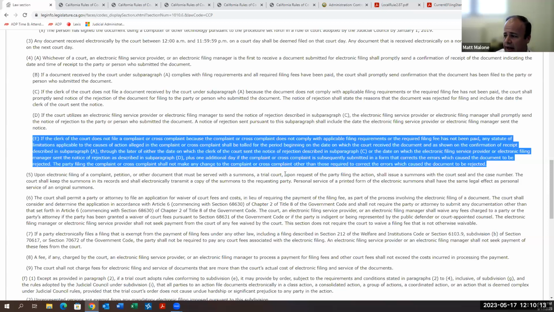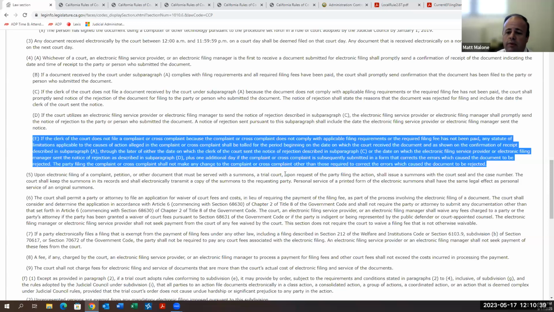Essentially, if you file and you're told it does not comply with the filing requirements or is missing a fee, the statute is tolled for the period beginning the day the court received the document as shown on the receipt, and ending the later of the day you get the clerk's notice of rejection or the ESP's, the electronic service provider's, notice of rejection, plus one day.